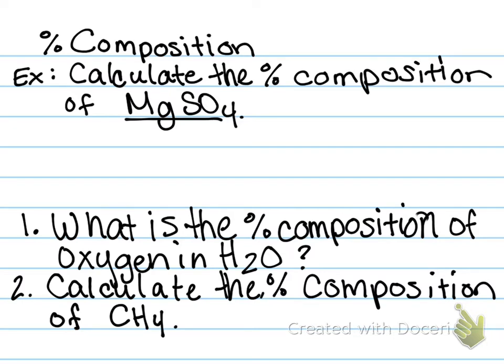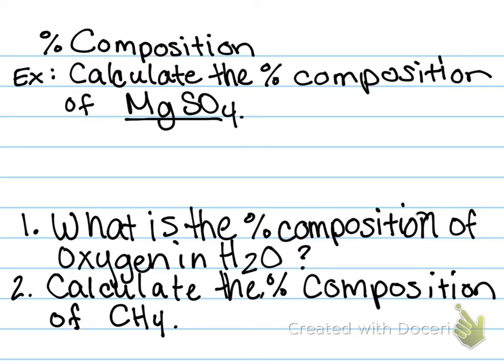Sometimes we'll only have to calculate for a specific element, and we would be told that in the problem. But since this is leaving it open-ended, we'll assume we're going to calculate for the magnesium, sulfur, and oxygen. So first thing we do in these problems is to go ahead and actually calculate the molar mass of magnesium